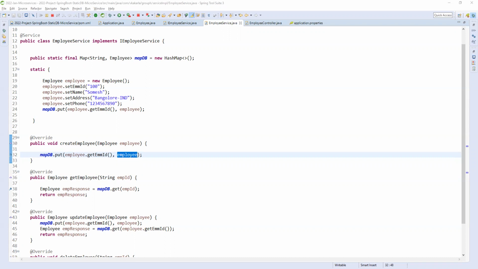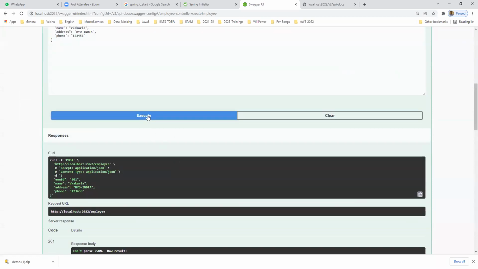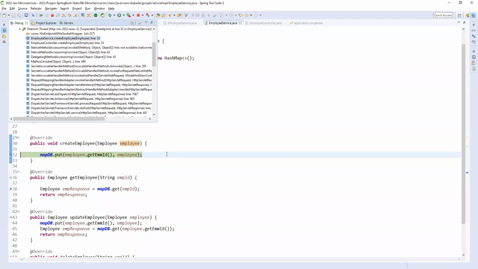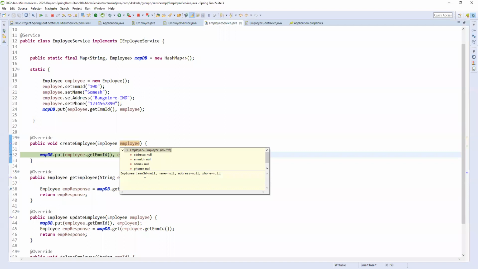Let me check. I think it should be executed. So here we are getting employee as null. This is what we need to see.